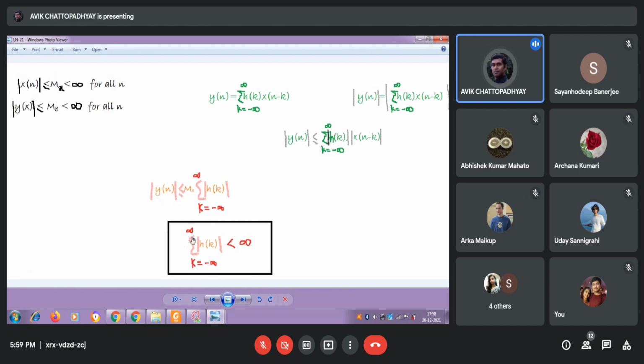Here, instead of summation, that will be integration, so the impulse response will be absolutely integrable. In the discrete case it is absolutely summable impulse response; in the continuous time case it is absolute integrability. If it is true, then your system is BIBO stable. Got the point? So if this is okay, then